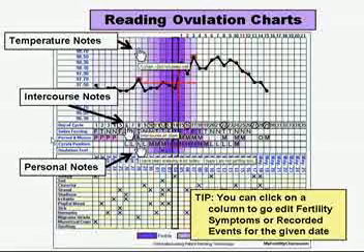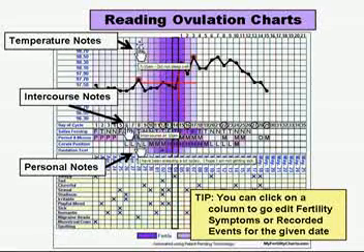Some other notes about reading your ovulation charts. It's possible to hover your mouse over the chart and get additional information about things that you've recorded, specifically temperature notes, intercourse notes, and personal notes. To access temperature notes, simply hover your mouse over the temperature grid. Depending on which column you're on, that will correspond to a given date. If you highlight a very specific column, such as here, cycle day 8 in this cycle, and you hover your mouse